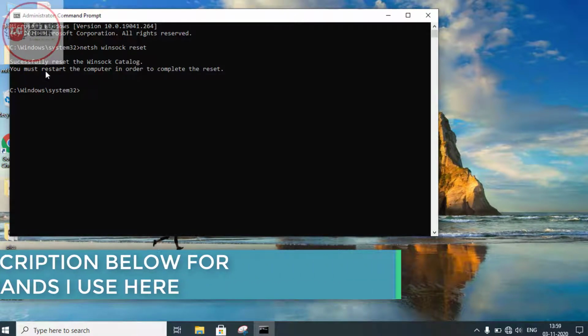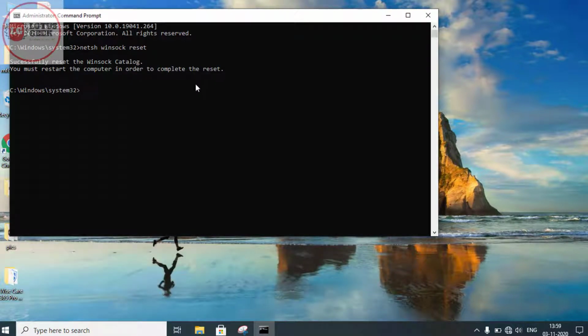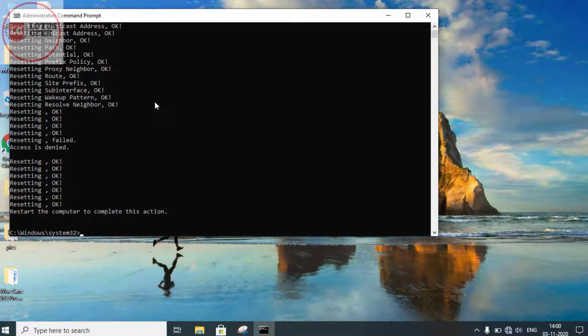Here it is showing you must restart your computer in order to complete the reset. After that, restart your computer and then open command prompt again to proceed to the second command. In second command, type netsh space int space ip space reset and hit the enter button. Now again restart your PC as described.